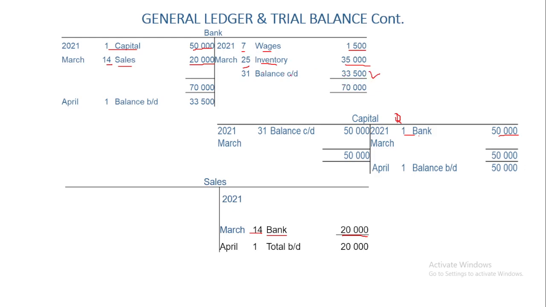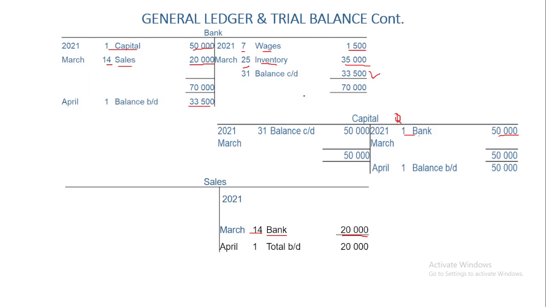33,500 as our balance carried down, to say that for this month the balance that is remaining is 33,500. When we add it together with all the money that is spent, it's equaling the money that we already received. And then from there we're going to transfer this balance to the debit side. Since the bank increases on the debit side, it's a positive bank balance. So therefore we're going to say on the 1st of April, the balance that will be brought forward under the year of 2021 will be